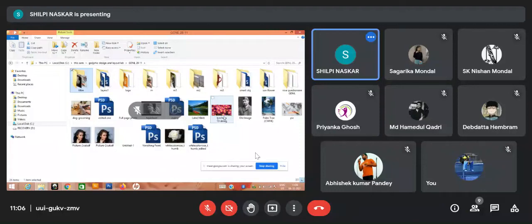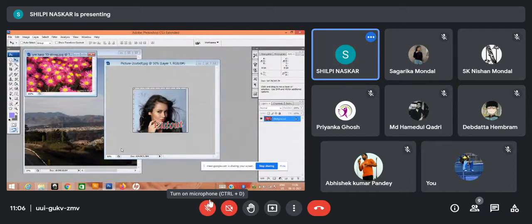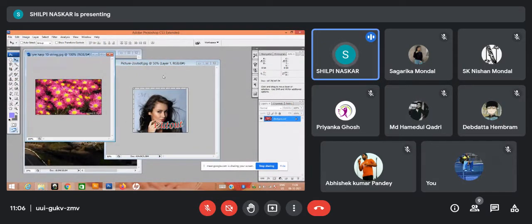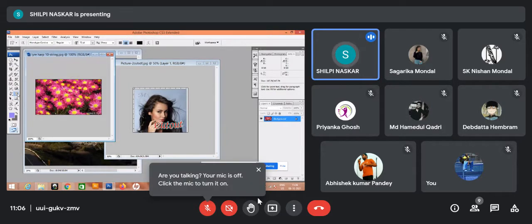Okay, so which one can I get? Okay, which is a little bit different. Okay, let me just take this one maybe. Okay, you must have a logical picture only. And the size and resolution should be the same for both the picture from where you are masking and where you are masking.